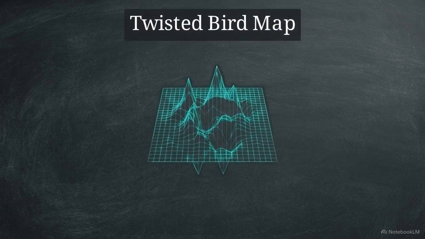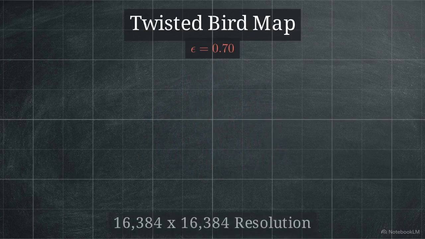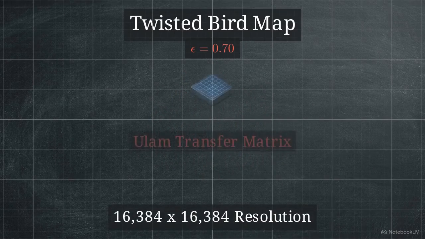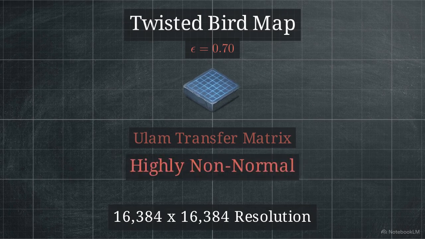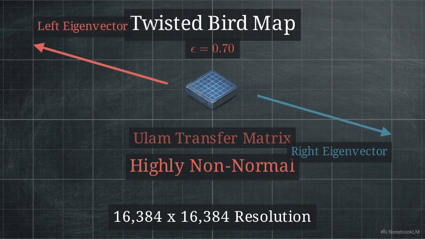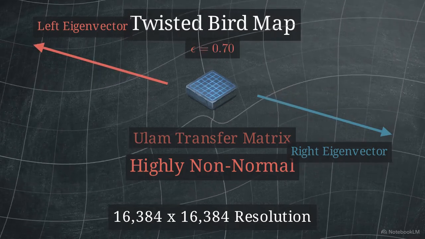This is the twisted bird map, evaluated at an epsilon of 0.70, yielding exact 16,384 by 16,384 column stochastic Ulam transform matrices. This specific map is highly non-normal. Its left and right eigenvectors diverge sharply, creating a skewed matrix architecture that makes it a perfect stress test for